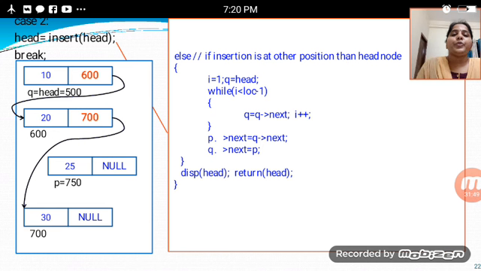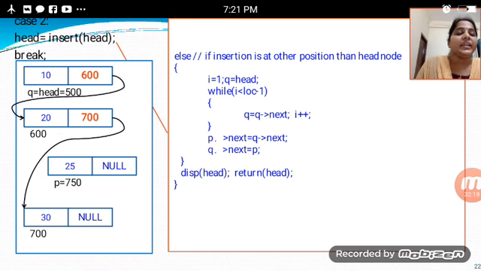600 having q, in the above case we are taking the pointer value and then we take the q value, that having head, and 500 location which having 2 elements which are linked with each other, 20 and 10 data elements. After that 25 is left, which is having only 700 to 30 will be linked to each other. The 25 will be left. In this case we are using for this else part.